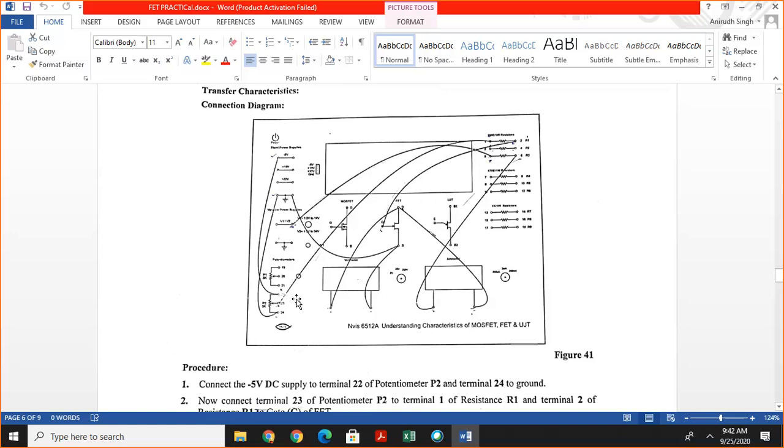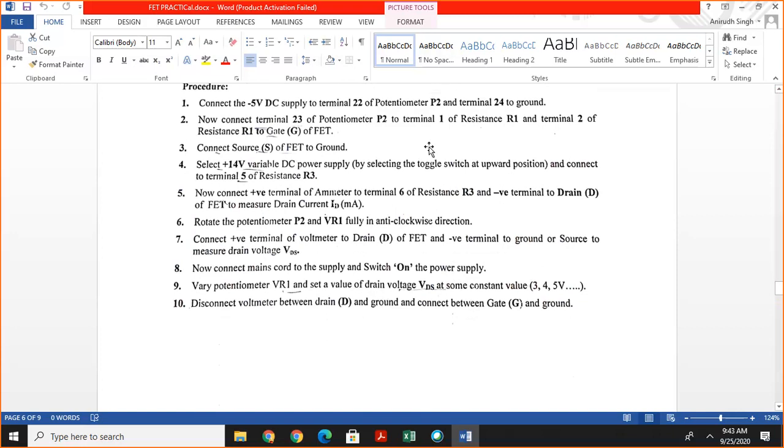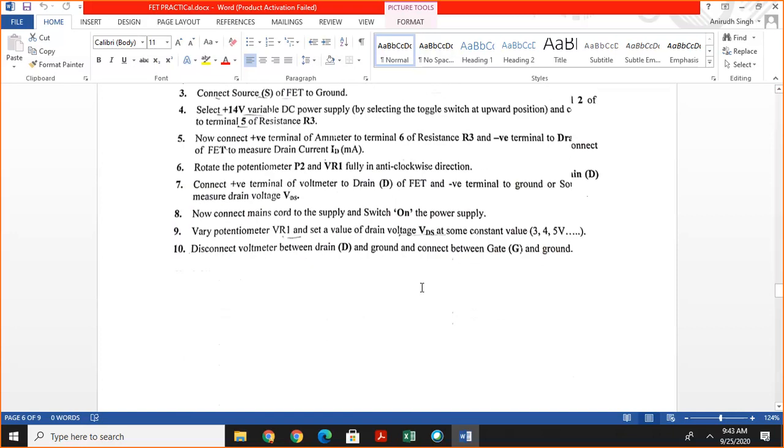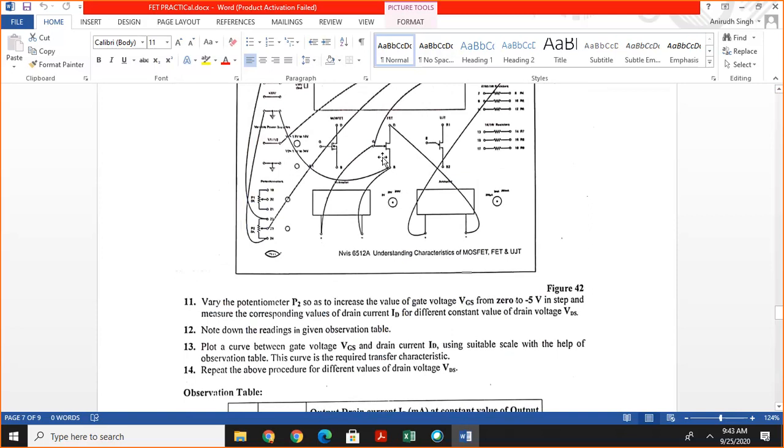Then change the wire from gate to drain, fix the drain to source voltage at, suppose, 4 volt, change the wire from drain to gate, and again for different values of VGS, note the value of ID and draw the plot between ID and VGS.